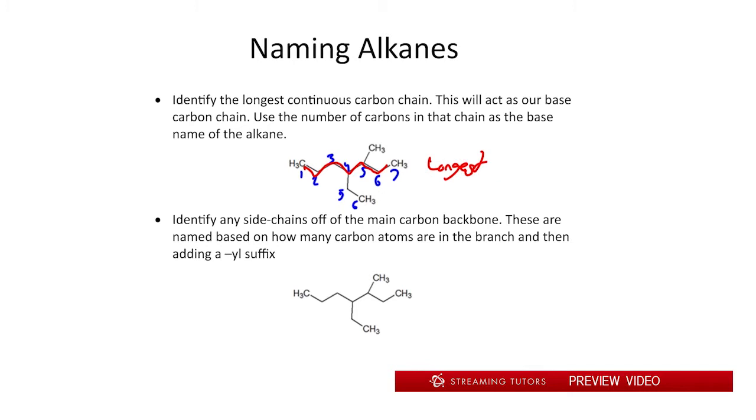Next, we're going to take the compound after it's been numbered, like so, and we're going to identify anything called side chains off of the backbone. A side chain is just a chain of carbons that's shorter than the main chain in red, and we're going to use those to identify